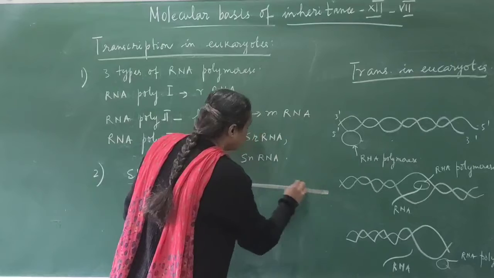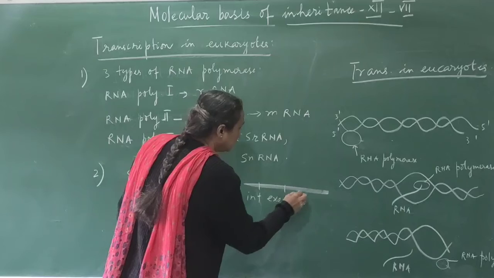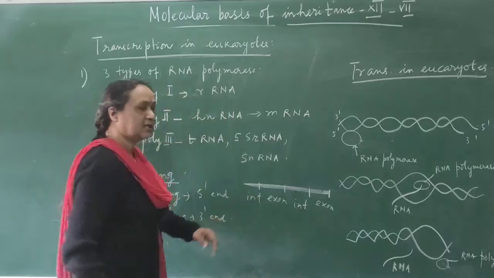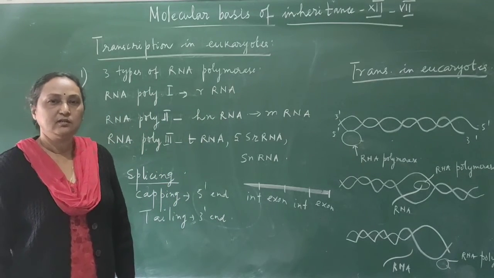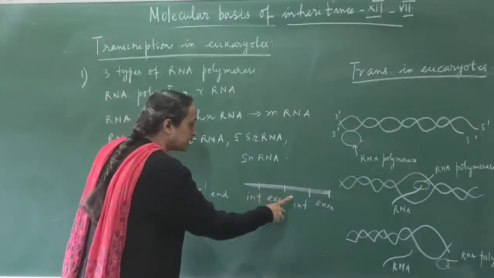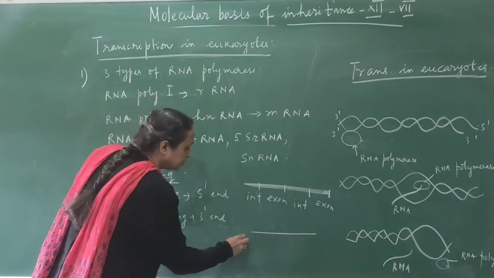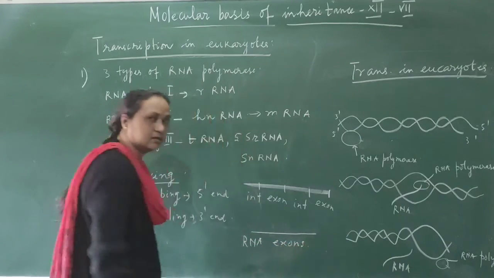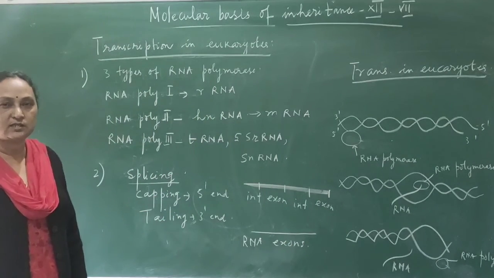Now if this is the RNA molecule and this is intron, this is exon, then again intron, then again exon. So there is no role of intron, because the intron is not giving any information about what kind of polypeptide or protein can be produced. So these introns are cut with the help of endonuclease, and now the RNA molecule has only exons. Okay, so that is called splicing. That process is called splicing.